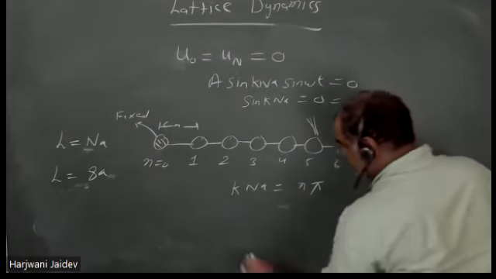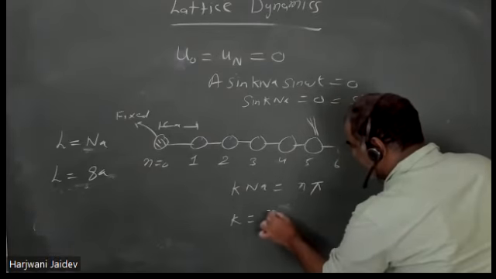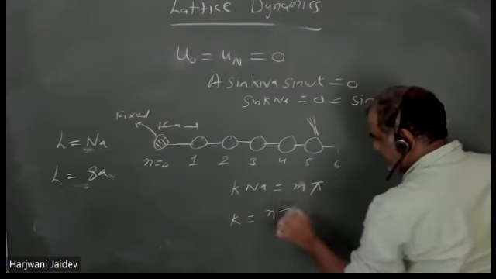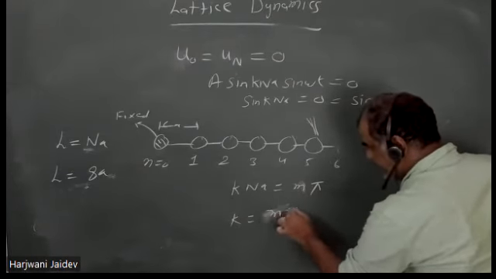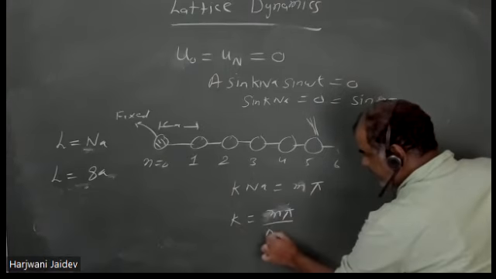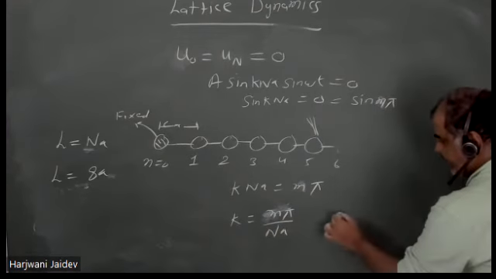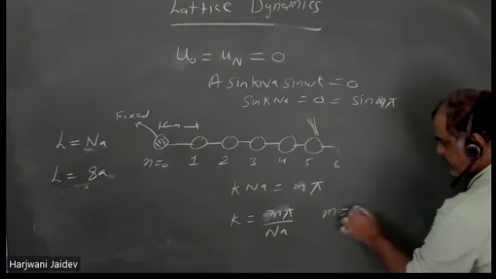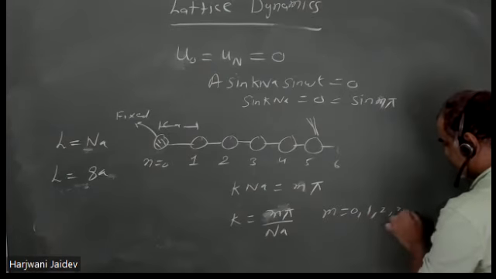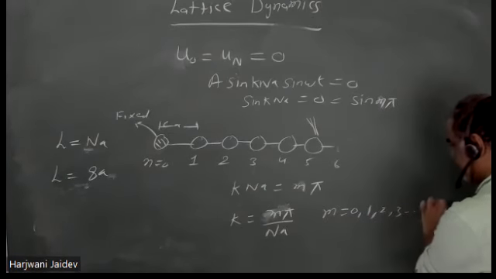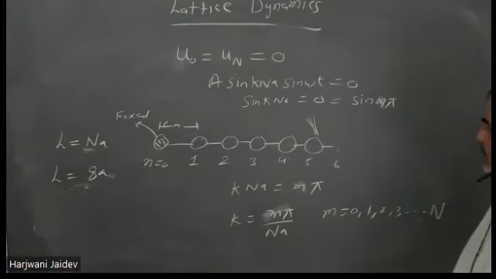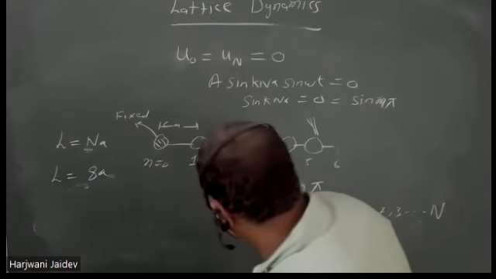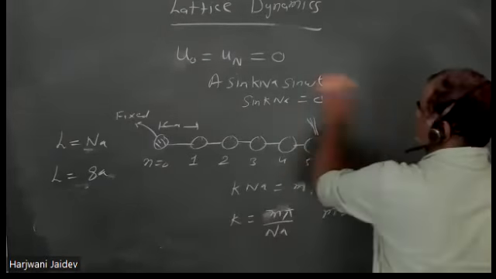Okay. So my K value will be what? K will be m pi upon na. ठीक है, where m क्या है? M is 0, 1, 2, 3 up to n. So now if I write the k values,